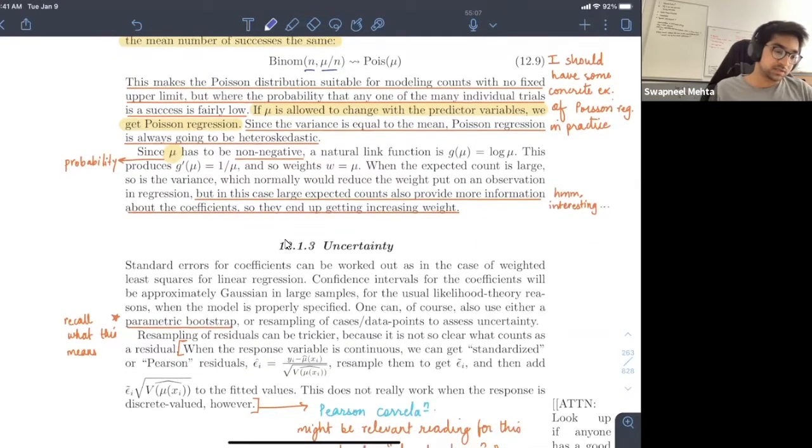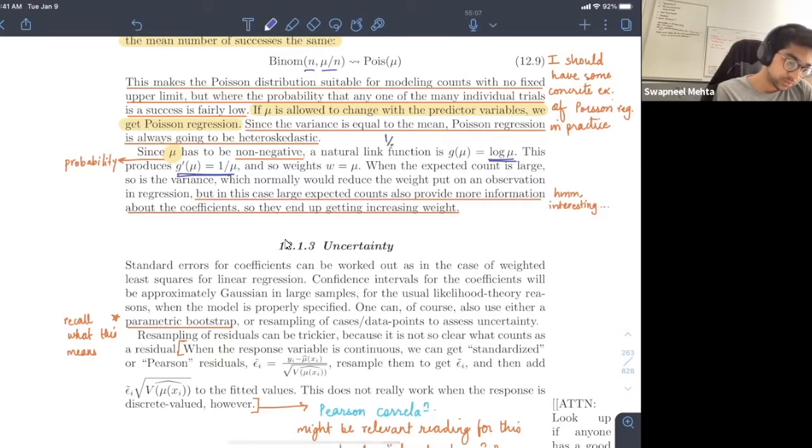Anyway, because the variance is equal to the mean, the Poisson regression is always going to be heteroscedastic, which just means your noise variance will vary. Since mu has to be non-negative, that's why we need a link function, something like log mu. This produces g dash mu equal to 1 by mu, and therefore your weights, which is equal to g dash mu times the variance,